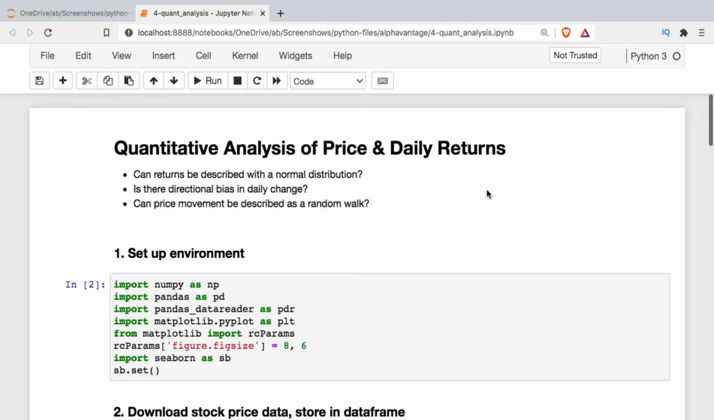In this video, we're going to be taking a look at some quantitative analytical methods of stock price change. In particular, we're going to be trying to decide whether or not the stock price change can be described as a normally distributed phenomenon. Next, we're going to be trying to decide if there's a directional bias in this daily change. That is, is it biased to be positive or negative? And then finally, we're going to be trying to see if the price movement can be described as a random